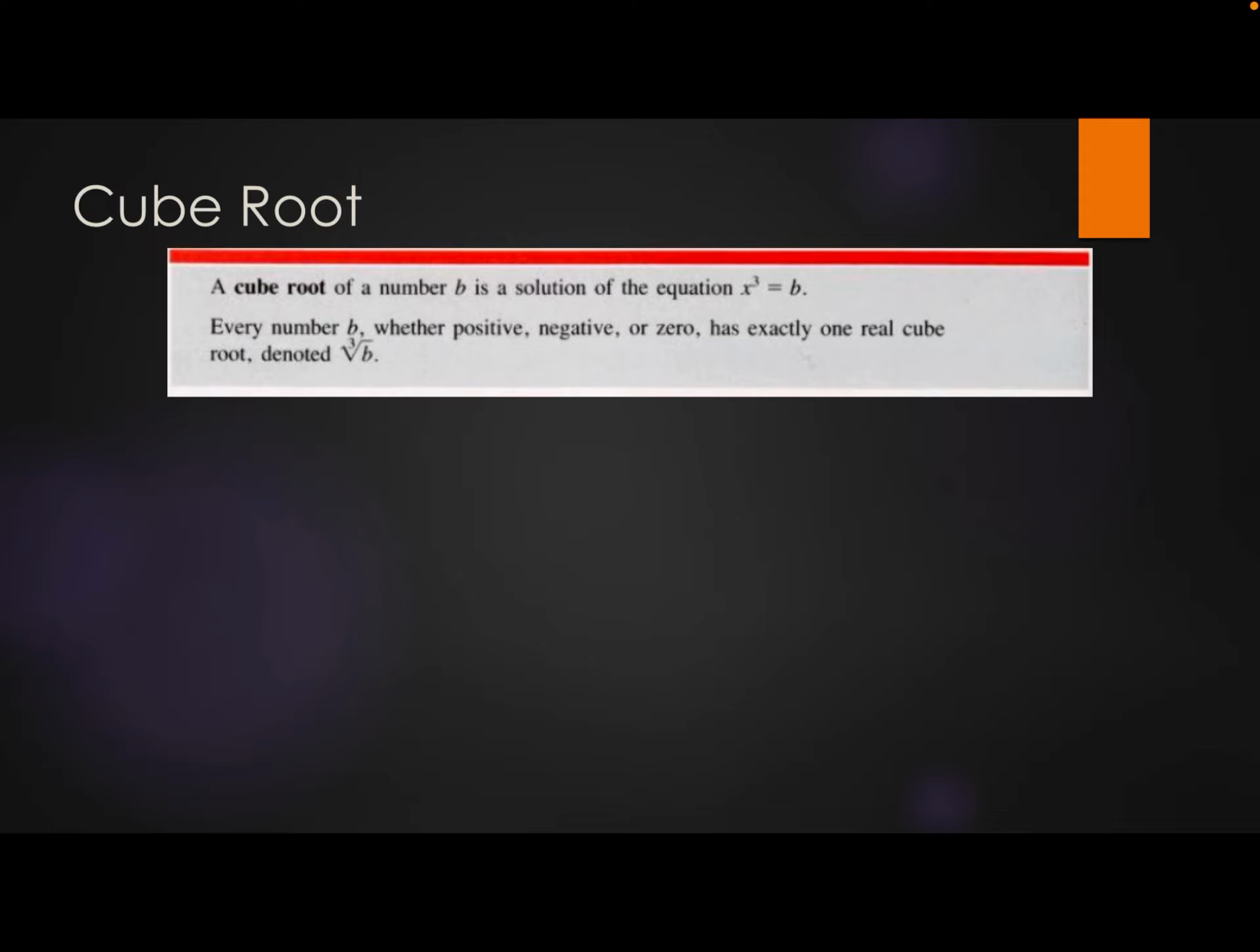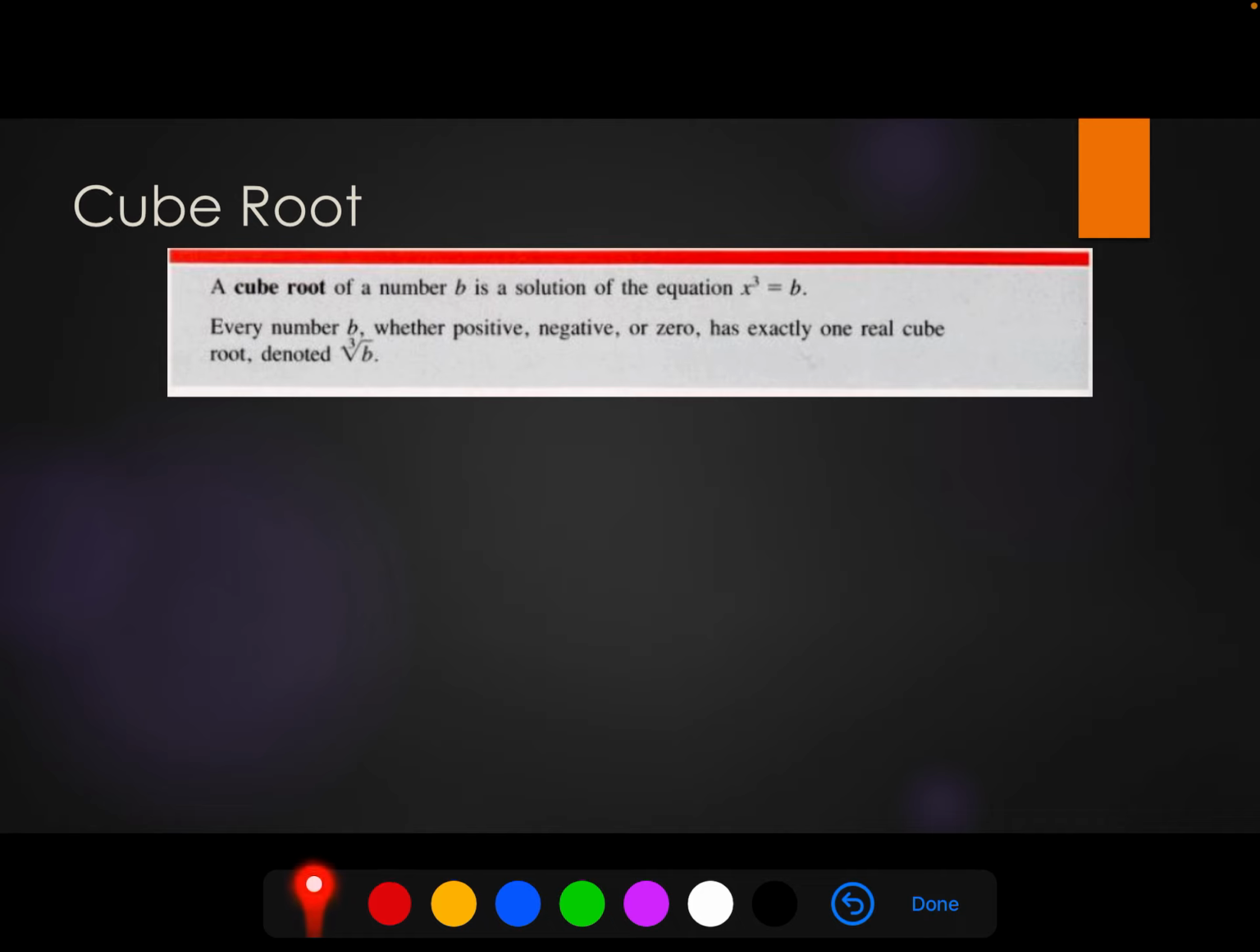Now let's take a look at the cube root of a number. So we say the cube root of a number b is a solution of the equation x cubed is equal to b. That means whenever we're trying to find the cube root of a number, we have to find a different number that we can multiply by itself 3 different times to get to whatever number we're taking the